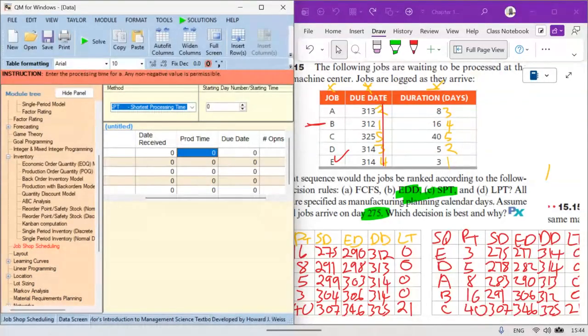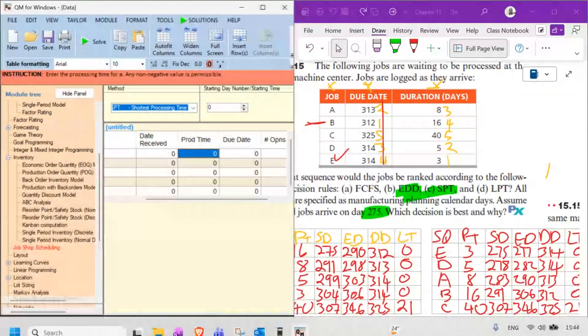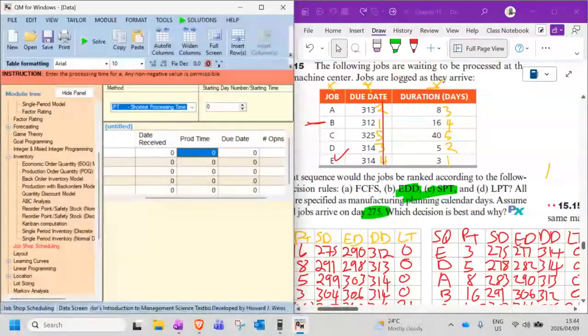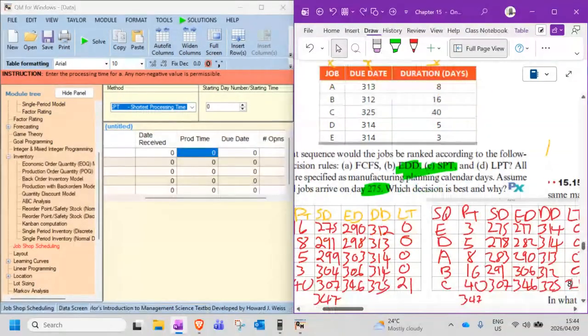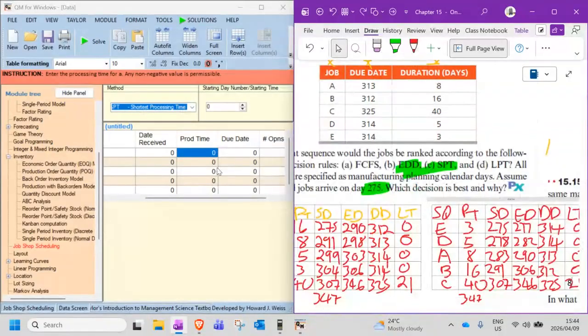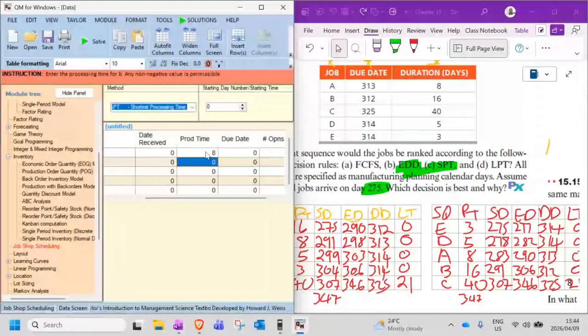I need to clear this funny lines that I was doing here. All right. We have 8. We have 16. We have 40. We have 5. We have 3. Okay, then due date we have